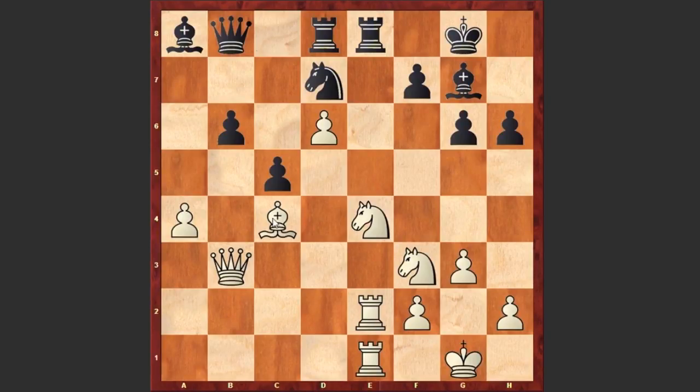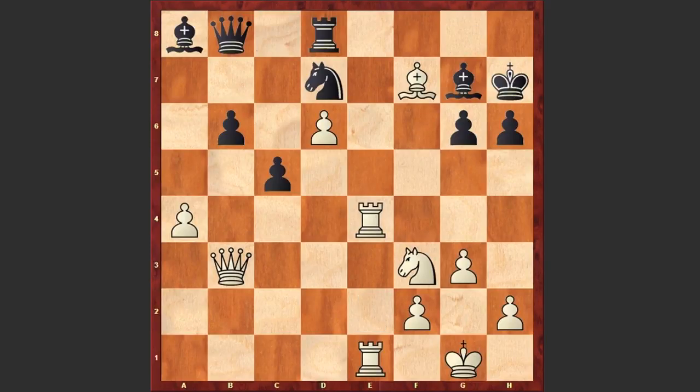Now the threat is bishop takes f7 check. Black played rook f8, but it turns out that even this move is not protecting the f7 square. By the way, if a move like rook takes e4, trying to simplify the position by sacrificing the pawn on f7, then after king h7, rook takes e4, bishop takes e4, rook takes e4, and if a move like knight